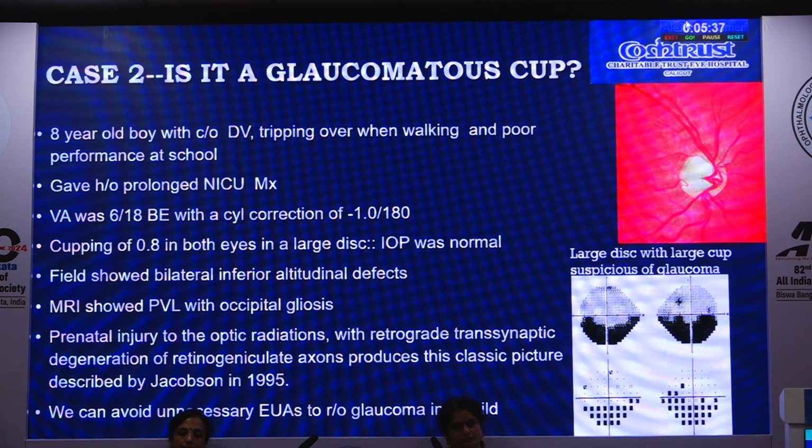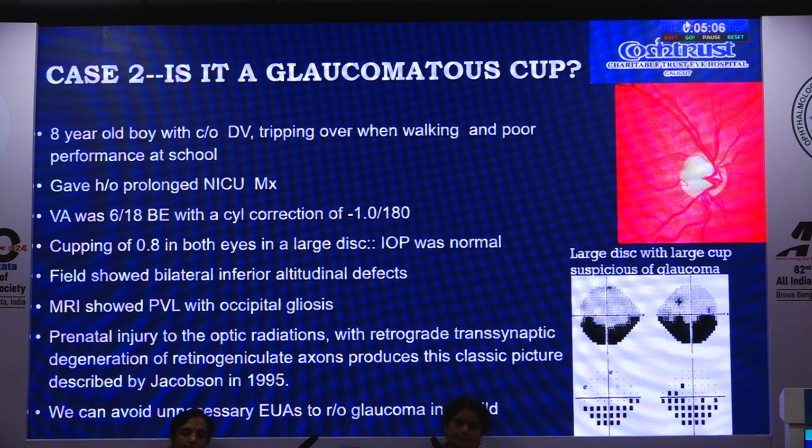You can see the large cup, and the parents gave a history of prolonged neonatal NICU management, and visual acuity was 6/18 with a cylindrical correction of -1.80, which is not very high, and cupping was of 0.8 in both eyes with a large disc. IOP was normal. The field showed bilateral inferior altitudinal defects, and MRI showed PVL, periventricular leukomalacia with occipital gliosis, and